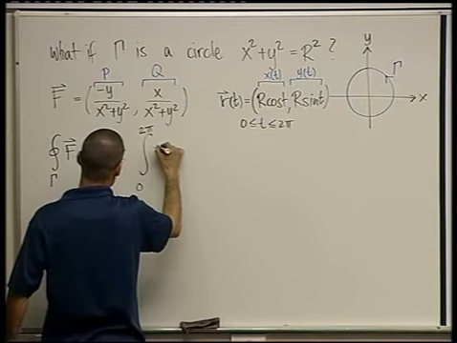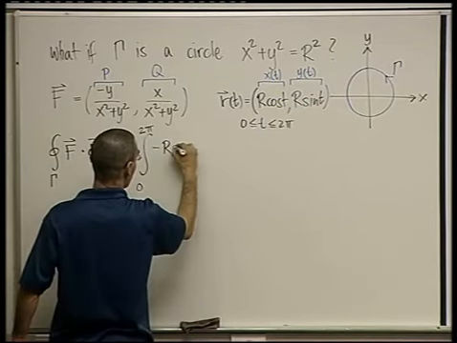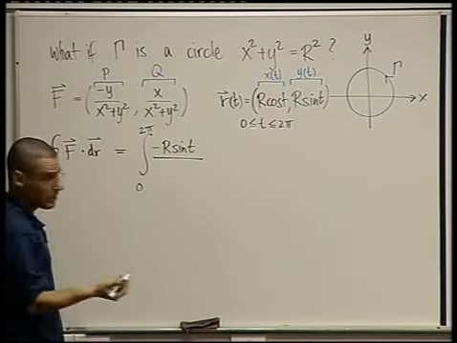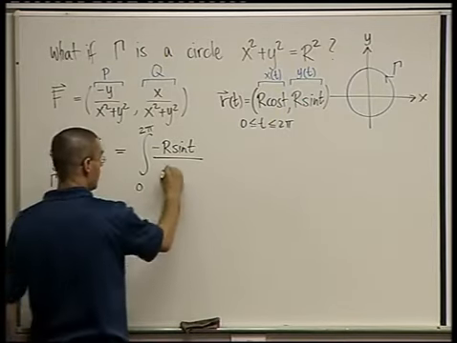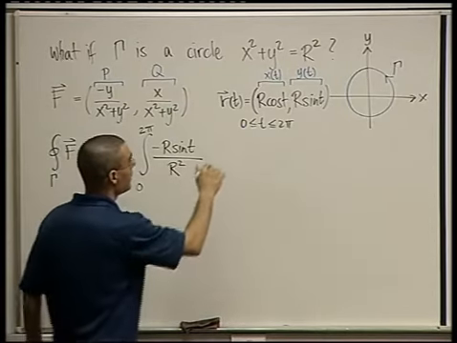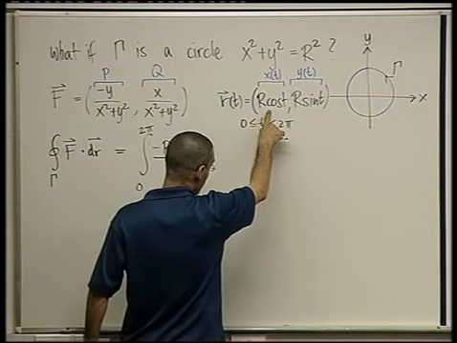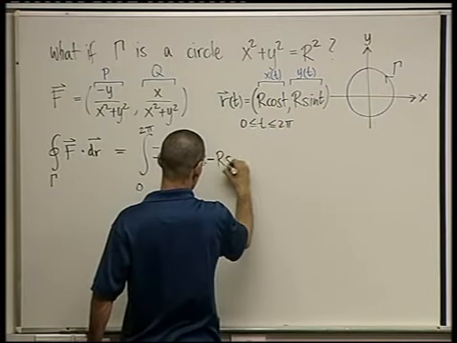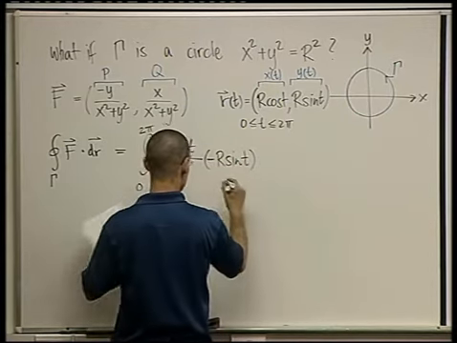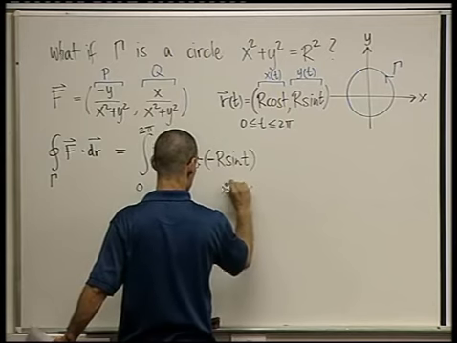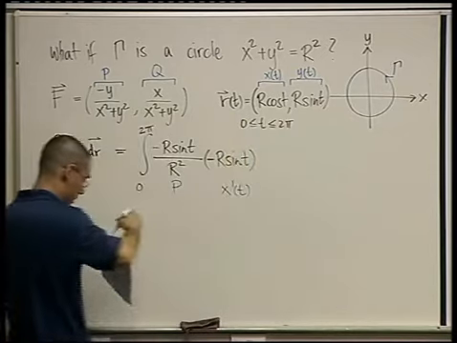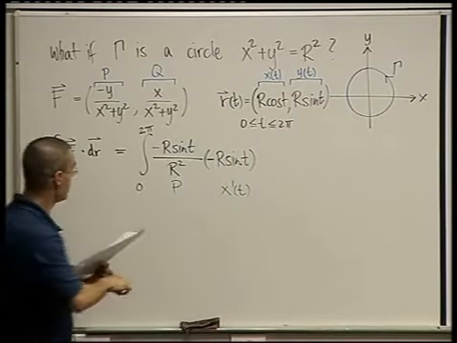So it's minus y, minus r sine t, divided by x squared plus y squared, which is what? r squared. This is P. Times x prime. What's x prime? Minus r sine t. So this is x prime, and this is P evaluated on the circle. Good? Plus